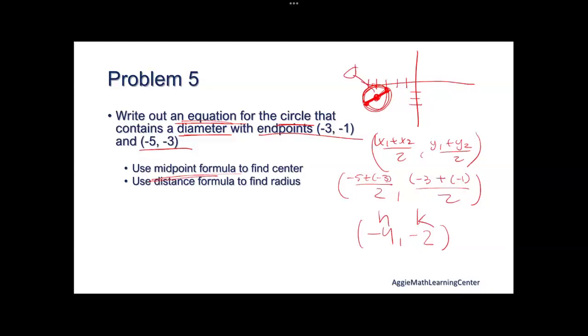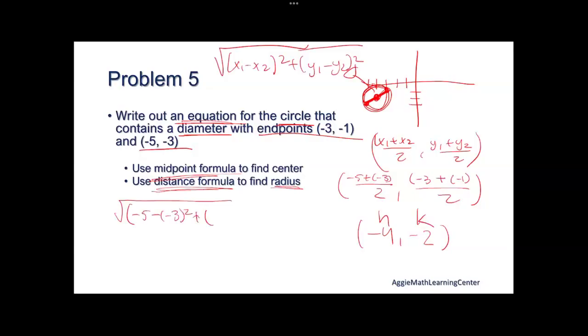And now we want to use the distance formula to find the radius. Okay, so we want to use the distance formula to find that length of the diameter first. So we have x1 minus x2 squared plus y1 minus y2 squared. So we have -5 minus -3 squared plus